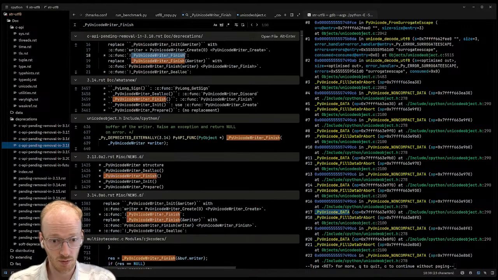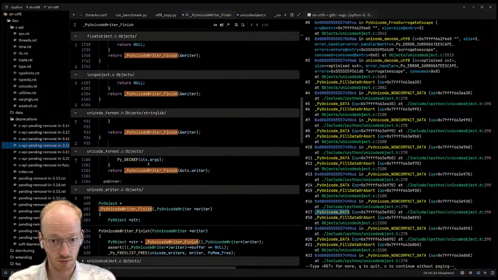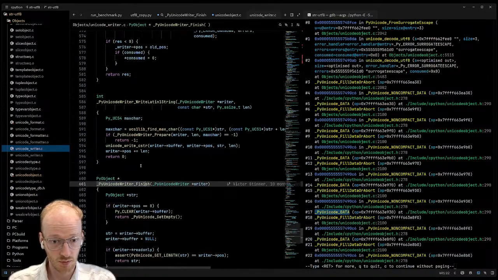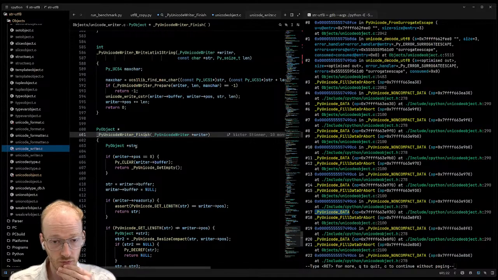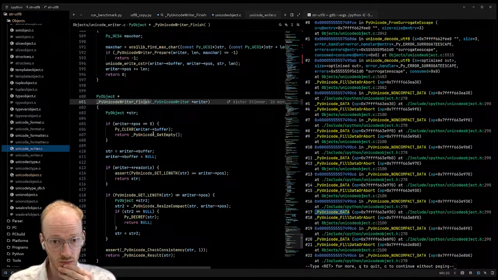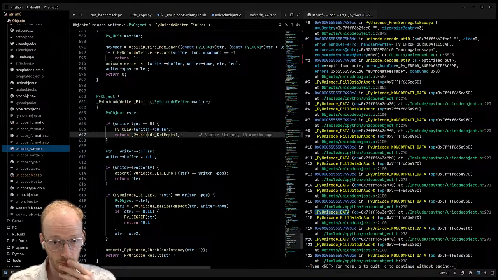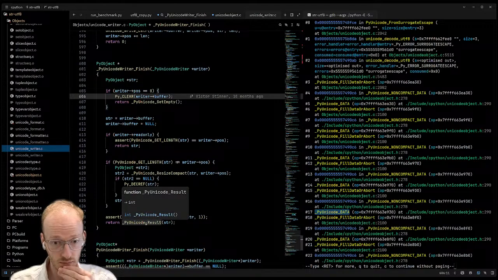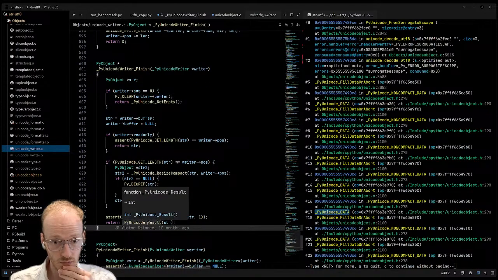Yeah, get rid of the PyUnicode writer. We want the buffer itself. But what does PyUnicode writer do? Now that constructs a PyUnicode object. Want to get rid of that. Just want the underlying stuff.